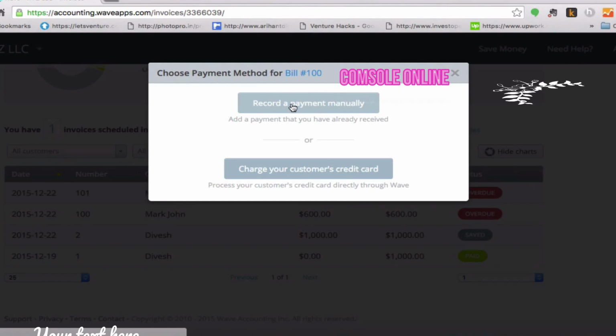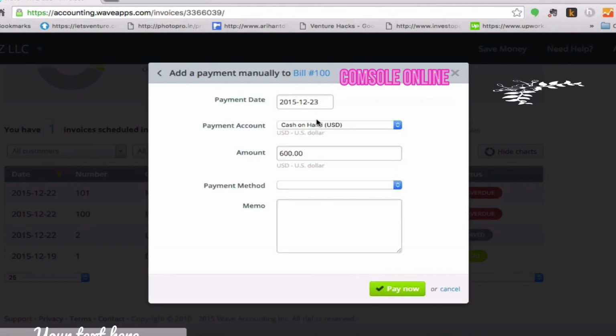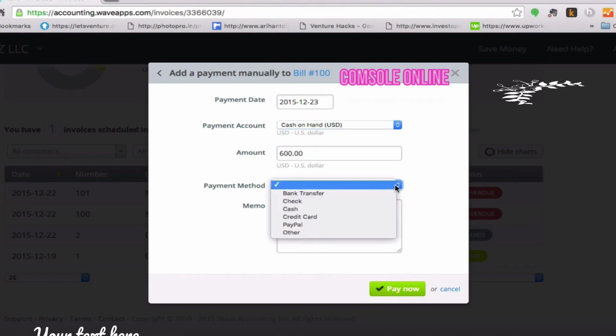Now you can record a payment manually here. Suppose you have received the payment, and the payment account is your cash in hand, or if you have a bank account, it's going to give you the option of your bank account in which you have received. If you have already created one. Since I have not created a bank account, it's not giving me that option here. Now payment method,